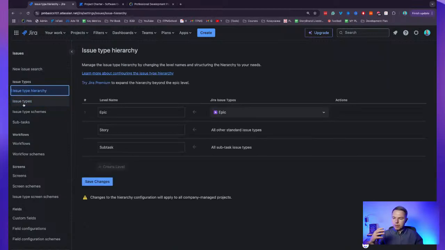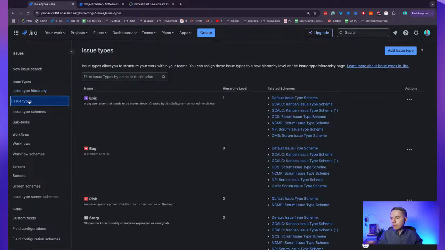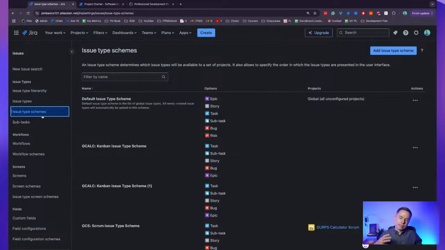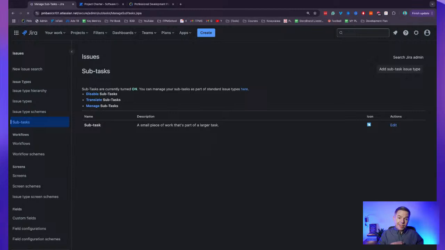So, for example, you have your epics and user stories, tasks and subtasks. You can create features. You can create risk as an issue type so that you can create risks inside your Jira right away. Then you can combine them into issue type schemes. This is like another level of complication. I will not go into this, but it allows you to customize projects and how each and every